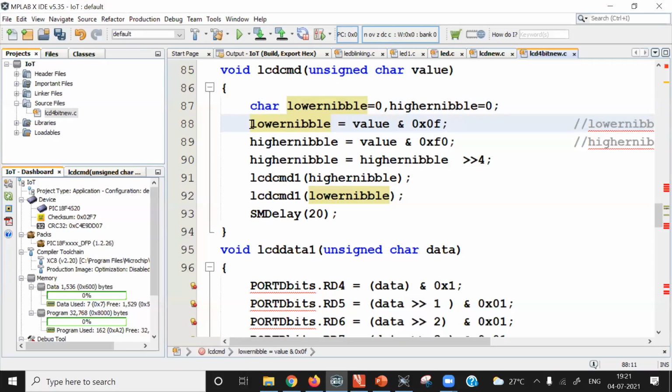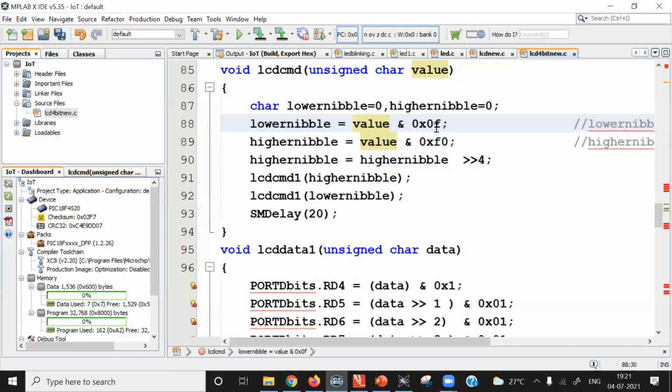Now the next instruction is lower nibble equal to value & 0x0F. So we have performed bitwise ANDing. 8-bit data is received in this value. This value is bitwise ANDed with 0x0F.